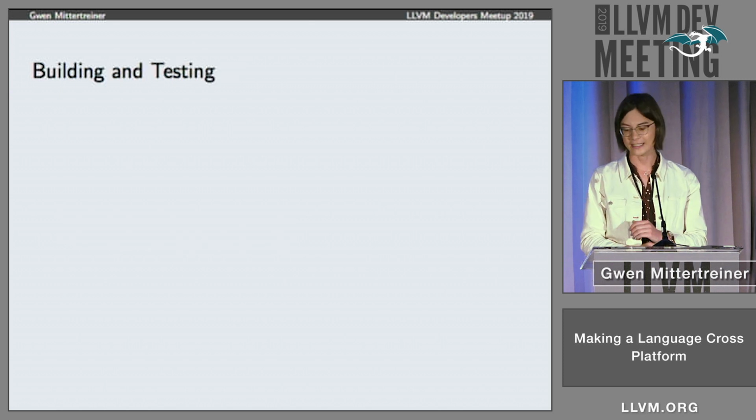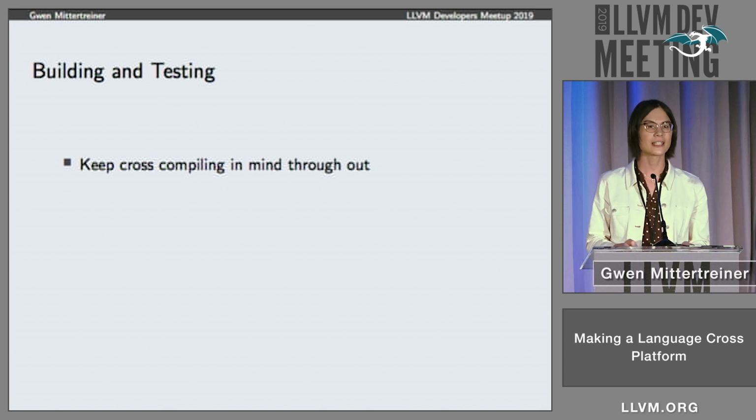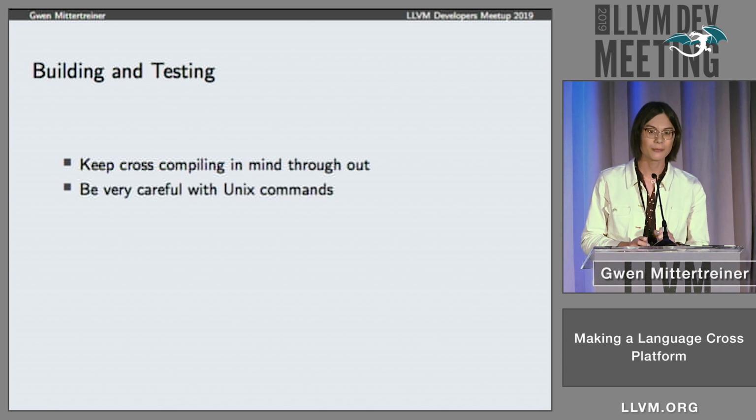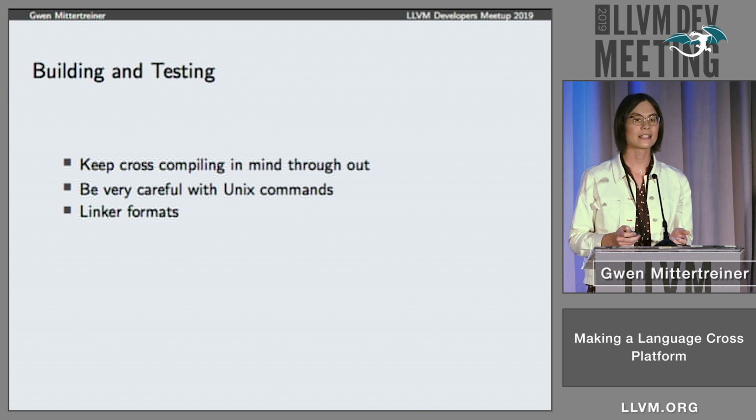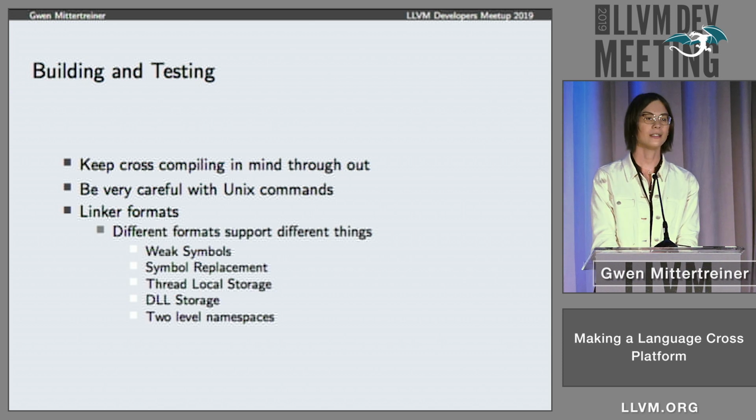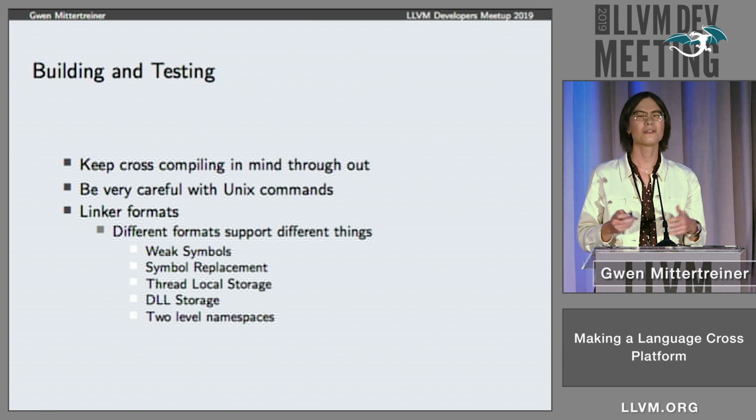All right, what about building and testing? Well, the big one here is just keep cross-compiling in mind throughout. Use a nice cross-platform build system. I like CMake. And while you're doing this, be very, very careful about Unix commands. Android, for example, is missing a lot of the Unix commands that you might expect it to have. On the other hand, MSYS does work, but it is its own minefield of gotchas, especially around